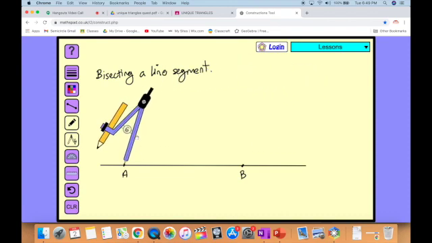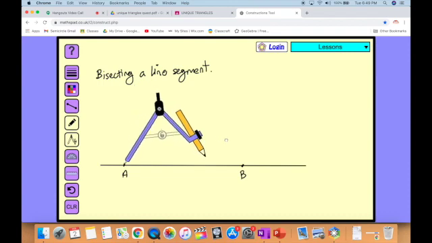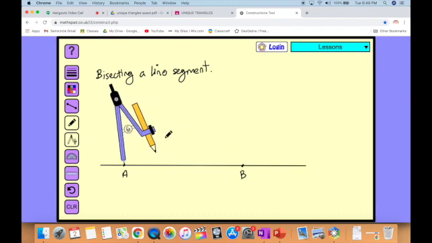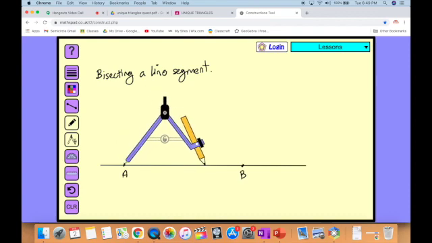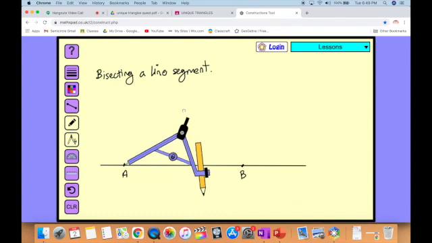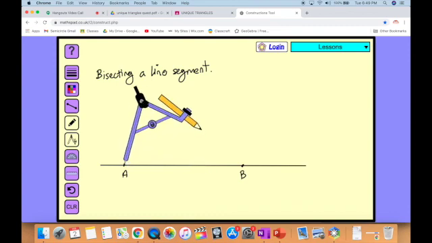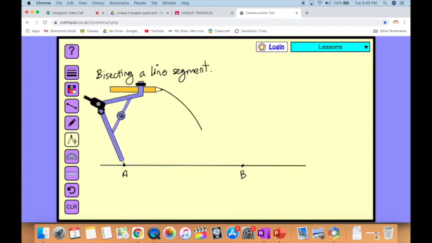And how do you cut it exactly in half? Well, it's pretty much almost like constructing a 90 degree angle, right? All you need to do is from one point, you stretch open your compass so that you know it's more than half. You know it's more than half, right? So once you see that it's more than half, you lock your compass there, right? Then what you want to do is cut an arc above the line